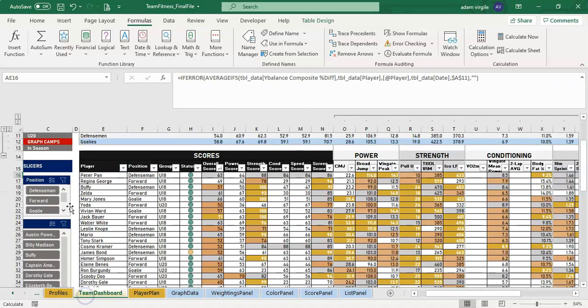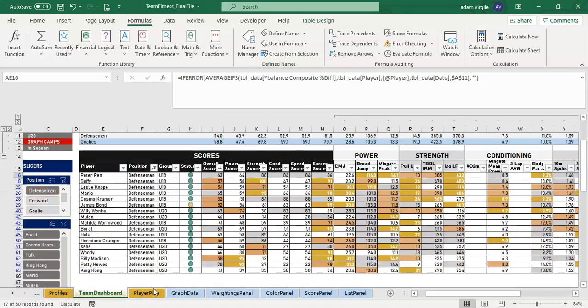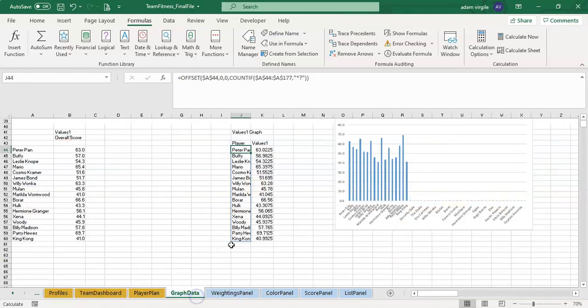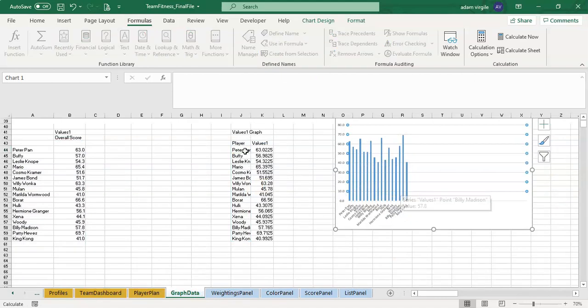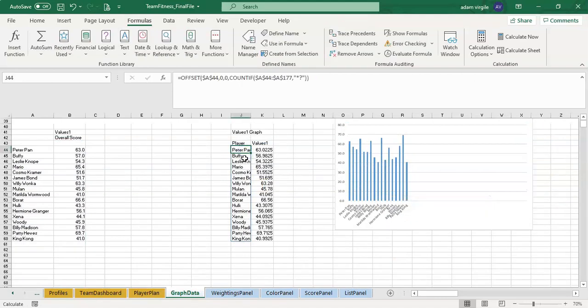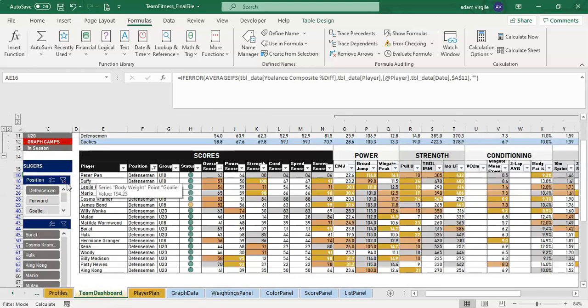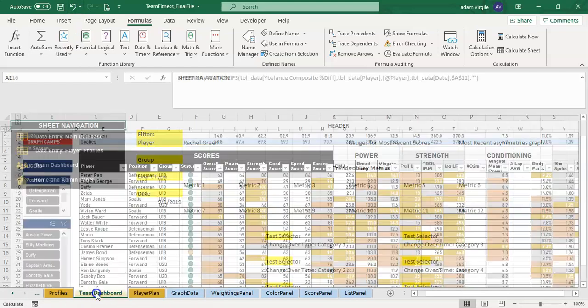So I'm just going to try this. I'm going to try filtering this to defenseman. Let's go to the graph data, and notice the graph does what we'd expect it to do, but our list shortens, and we can tell by the length of this that it's not counting blank values. So I'm going to unsort this, and now we're going to do the same thing